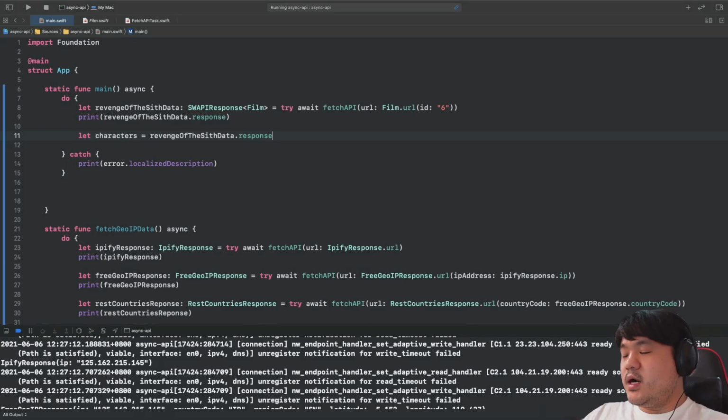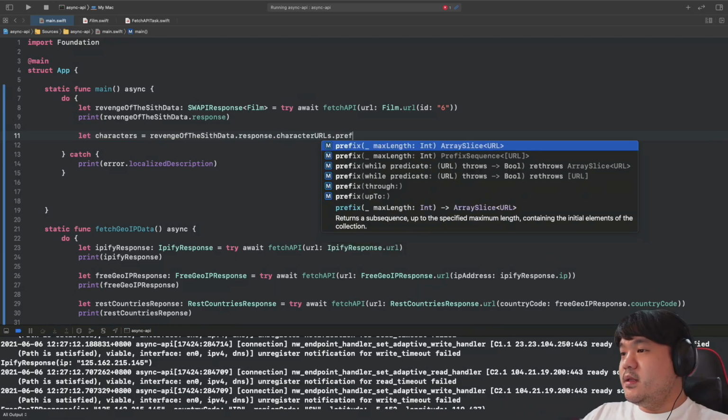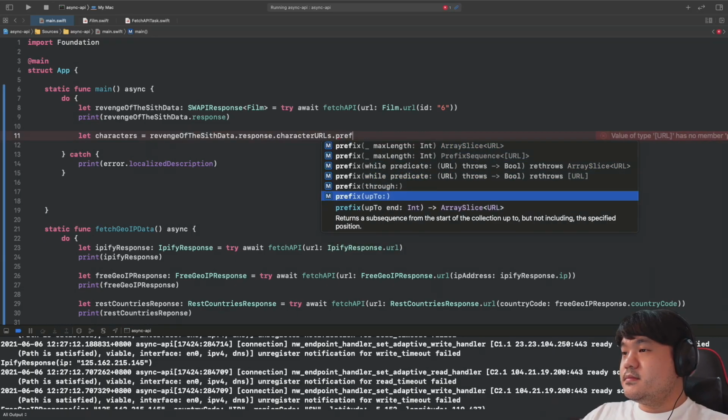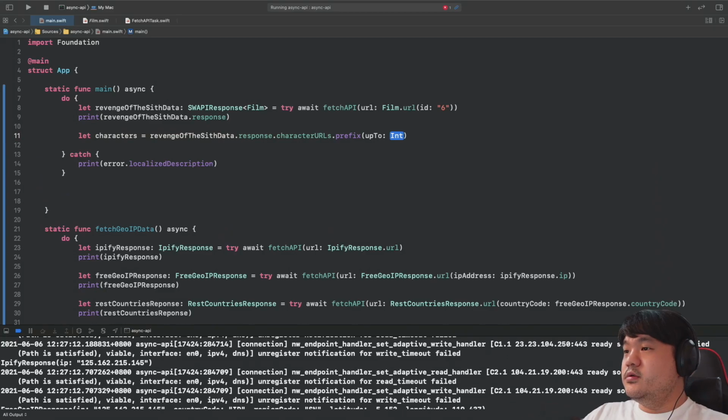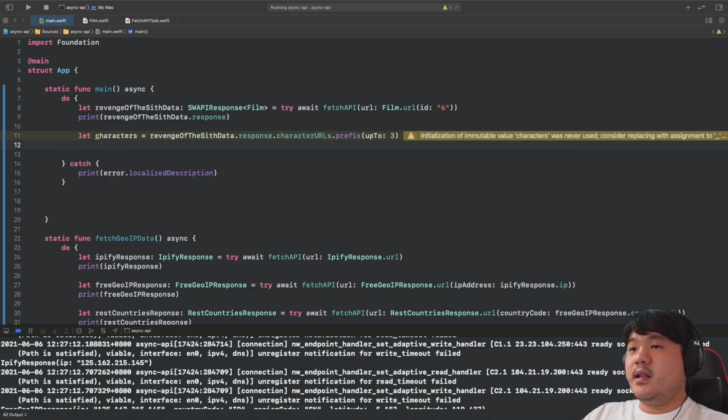This is the film struct, and let's access the character URLs and then use this prefix, going up to 3. Okay, now we have the first 3 characters. Let's fetch it in parallel. Let's give a characterResponse,